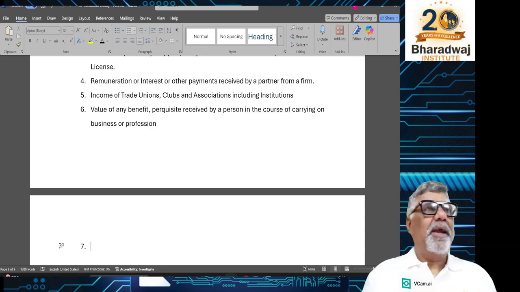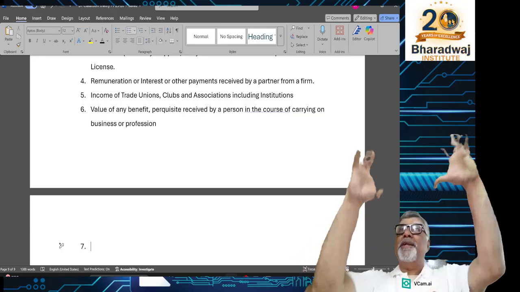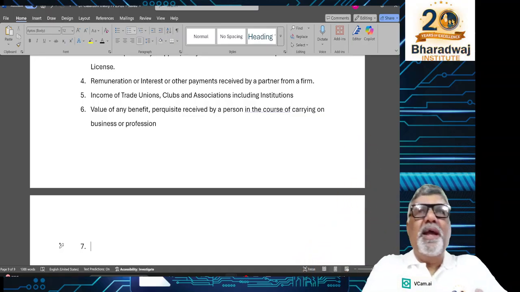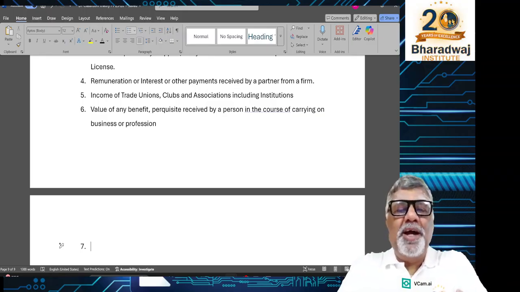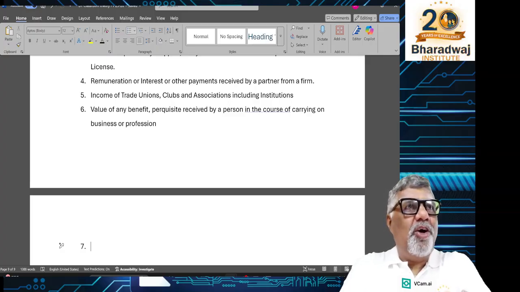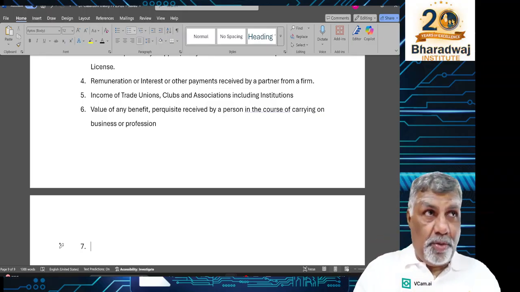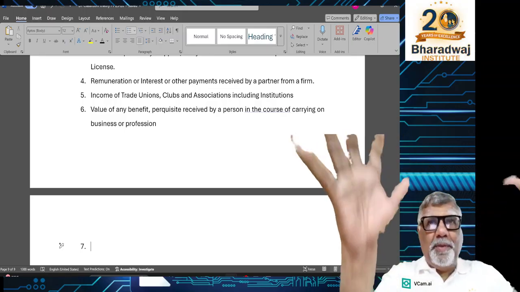Friends, the most important next compensation is this sixth point, value of any benefit or perquisite received by a person in the course of carrying on business or profession. And now you all know profession includes vocation also. Now, please remember,